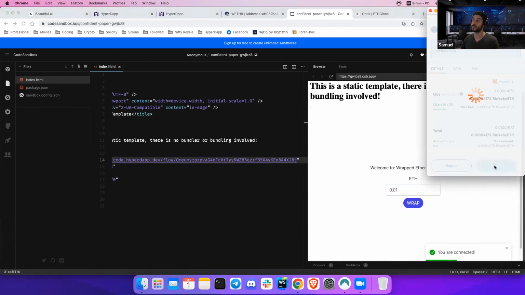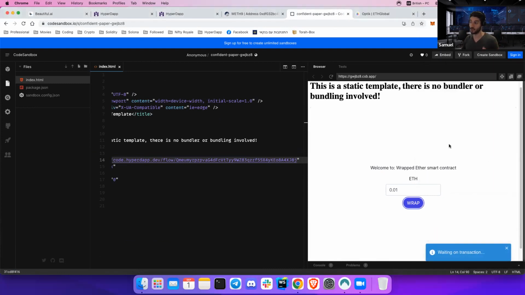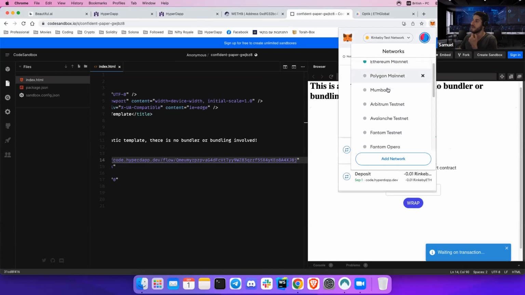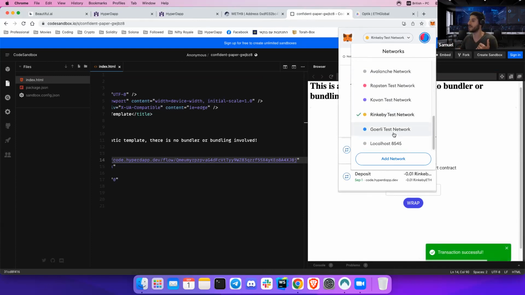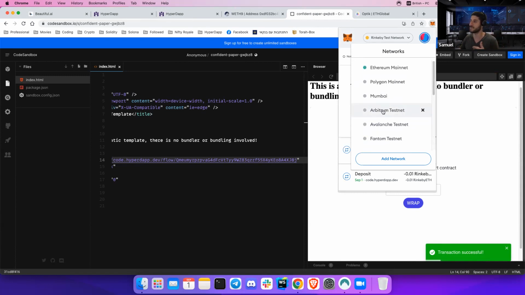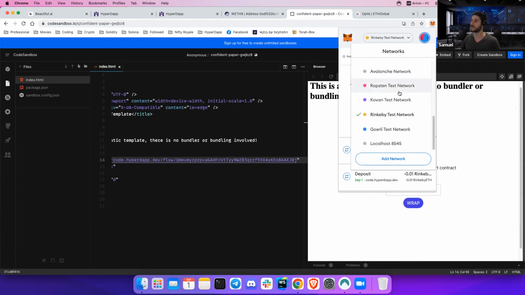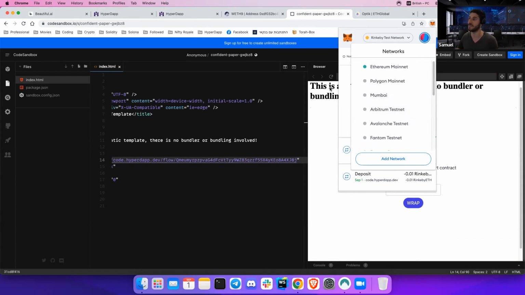So HyperDapp is really, really easy to use, really easy to deploy a front end for any smart contract that is on EVM chains. So currently we are supporting all the Ethereum chains, also all the testnets. So Rinkeby, Goerli, Kovan, but after the merge, it's not gonna be relevant. But anyway, we're supporting it. Polygon, Mumbai, Arbitrum, Avalanche, Fantom testnet as well. Binance. So we are supporting all those chains, and any smart contract that is living on an EVM chain, we are